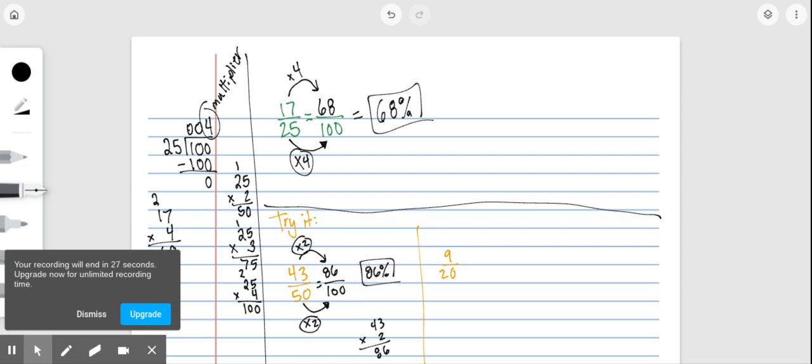Yay. Okay. Now 9/20. Again, I want my denominator to be 100. How many groups of 20 go into 100? Well, 5 groups of 20 go into 100. So I need to multiply by 5 on the top. And I know 9 times 5 is 45. So this is 45%. Give yourself stars if you got either or both of